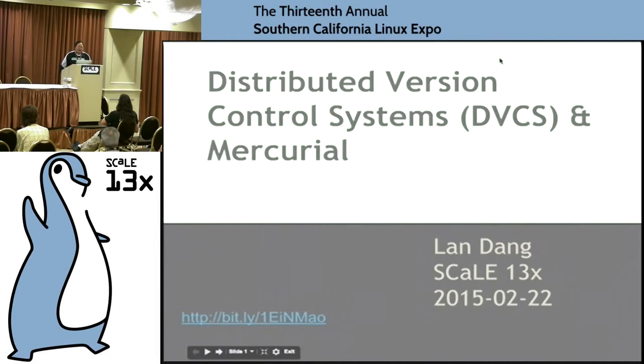So, this talk is on distributed version control systems, and the focus is on Mercurial. And the reason the talk exists at all is because a couple of years ago, I was preparing for a new task at work. I was taking on the role of being the Mercurial administrator for my team, partly because I thought, Mercurial, Git users are always complaining about that, so I guess they're kind of similar, right? And I'm familiar with Git. How hard could it be?